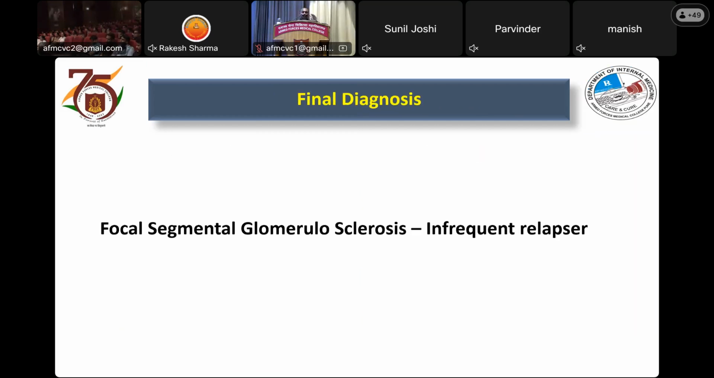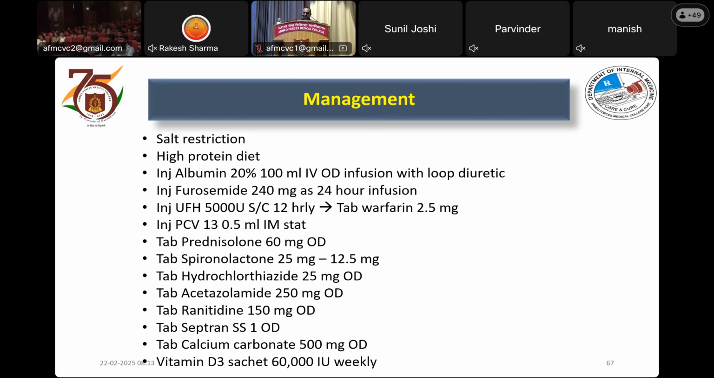With this, the final diagnosis of focal segmental glomerulosclerosis, infrequent relapser, was made. She was managed with salt restriction, high protein diet, albumin and loop diuretic infusion, prophylactic anticoagulation, oral steroids, other classes of diuretics, and calcium and vitamin D3 supplementation. So management of